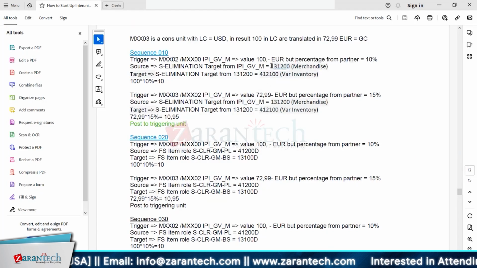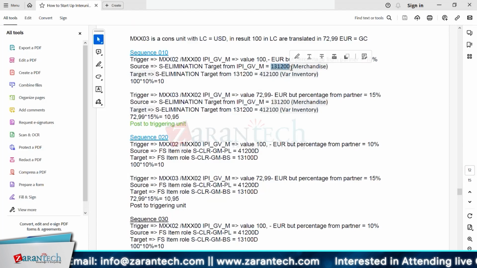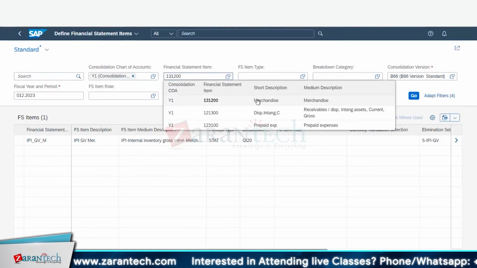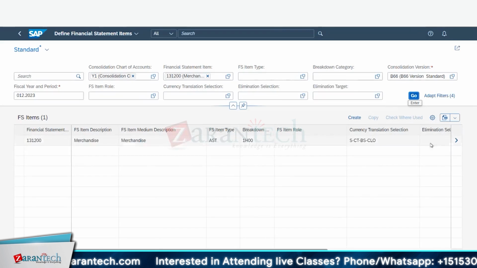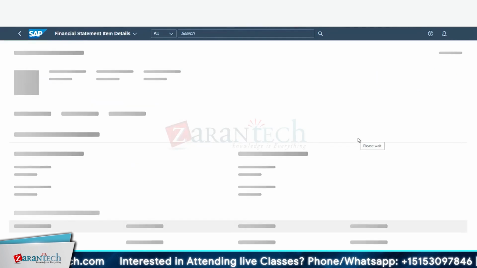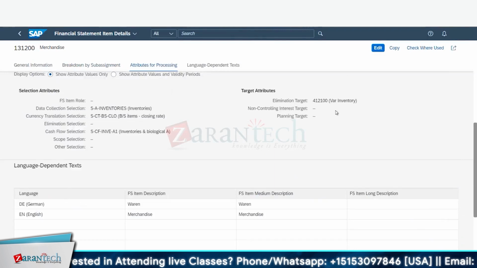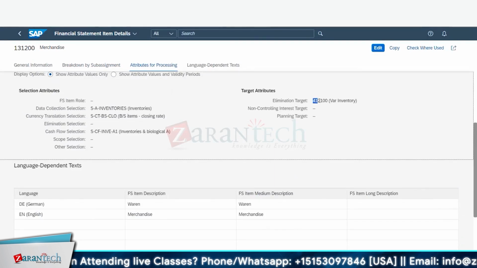If you see for this CRFS item, it is variable inventory elimination target source. Whatever is assigned in this, that is 12100. So here if you see